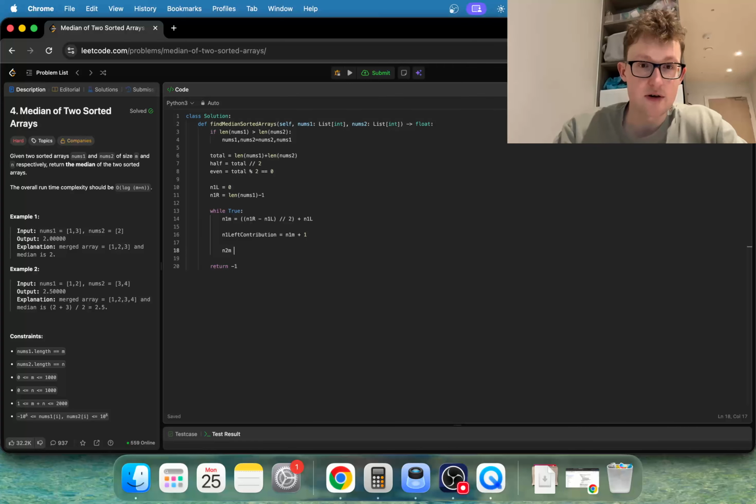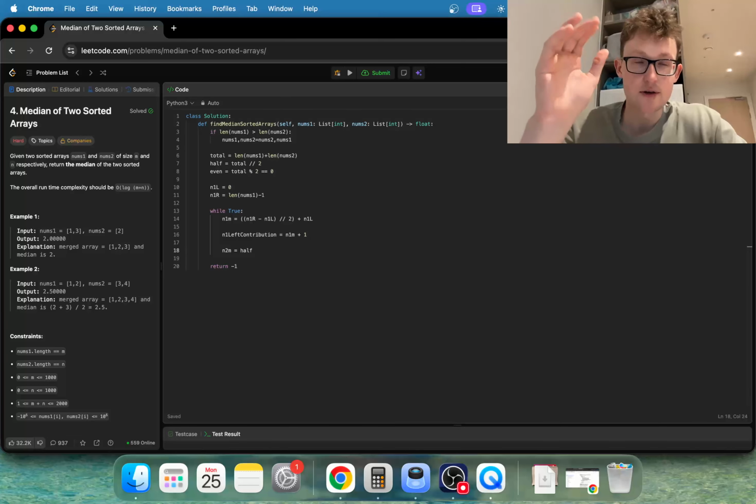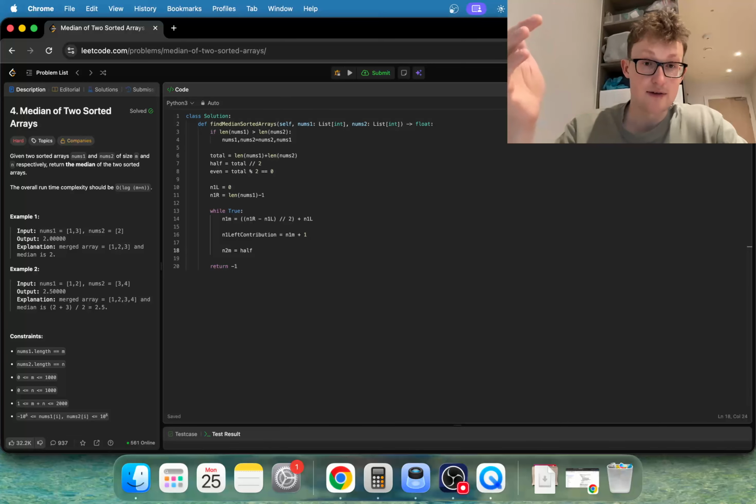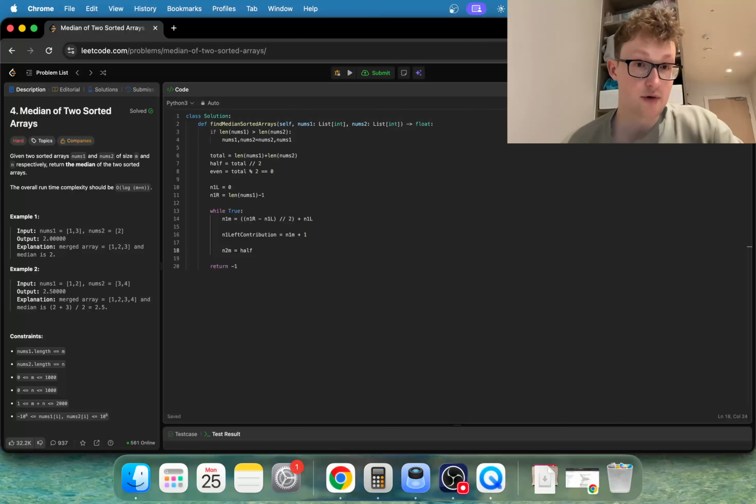We can just base it off what is the required contribution. So we say half of the final array's left. So sorry, the halfway, so say the final joined array is length 10, then half is 5. And if the n1 is contributing 1, then we're going to need to get 4. So we can say half minus n1 left contribution.